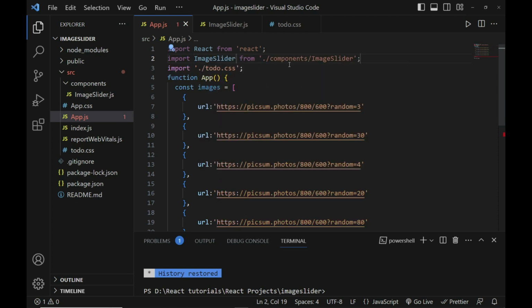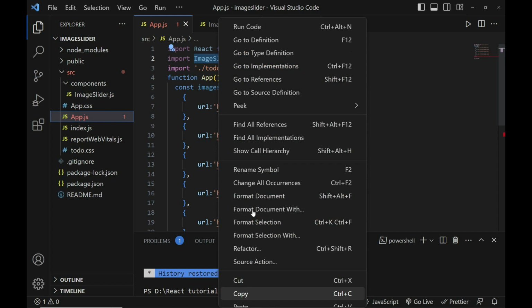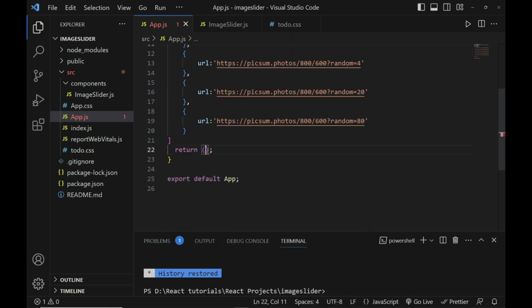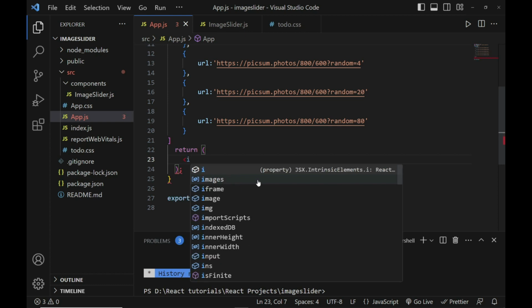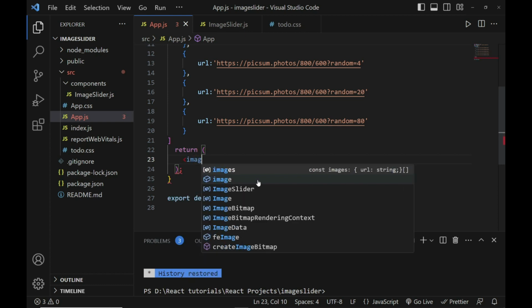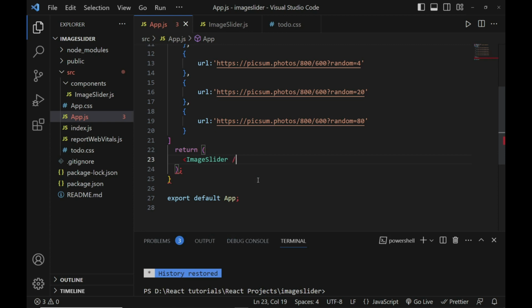Then we need to use this one. You can just write like this, image slider. And now let's run our application in the terminal down here, npm start, so that we can see